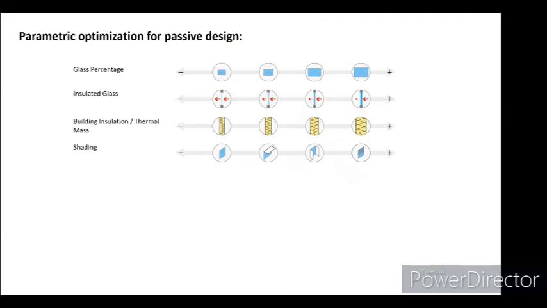Or you work with the building insulation. In the Netherlands, we need thermal mass, and at the same time we need insulation. The difference between them is that thermal mass is more like a battery. You can charge it to a certain extent during the day, but after a point you can't just charge it. The heat is going to come in.